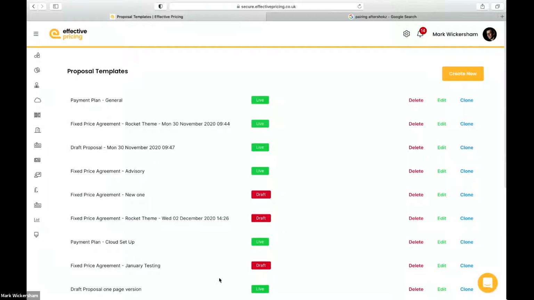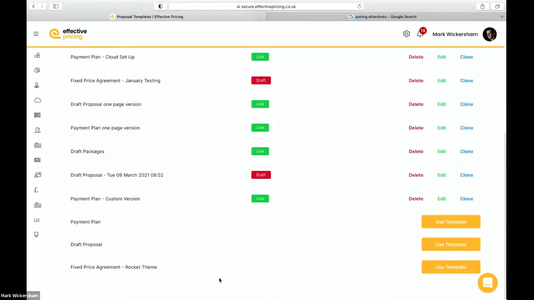I've got loads here set up because I've been testing and all sorts, but what you should see at the bottom of your list, there should be 3: payment plan, draft proposal, fixed price agreement. So I've created 3 for you so far. We will create some more at some point in the future. The one I've set up is the draft proposal. If I just click on that for now,